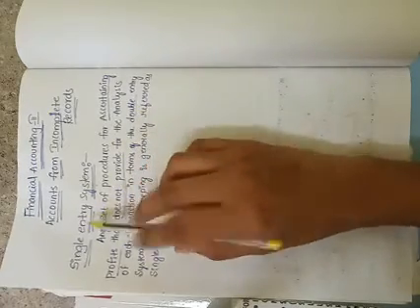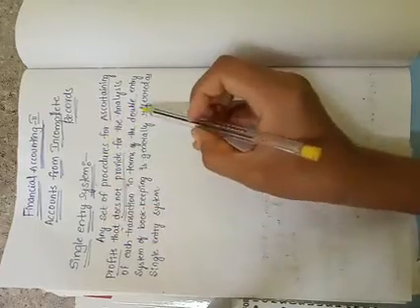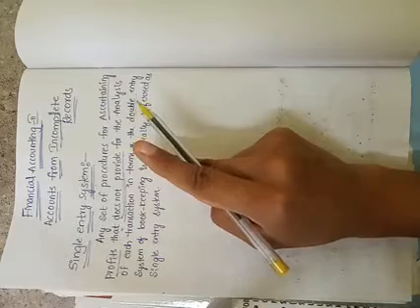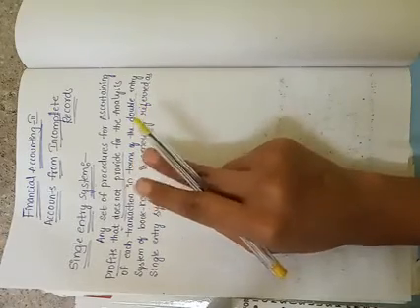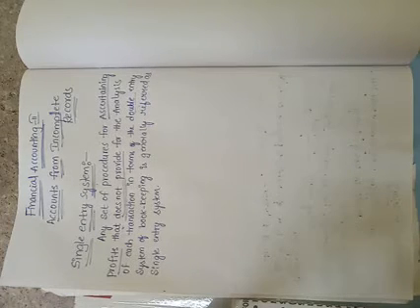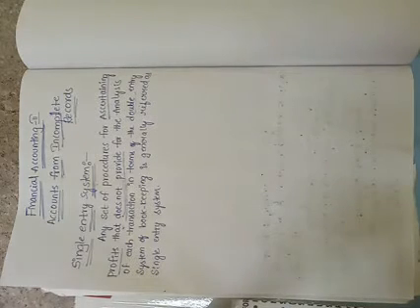Means there is only single entry, only one entry, but in double entry system there will be two entries. One is debit and the second one is credit. What is the rule of double entry system? There must be a debit corresponding to a credit, but the single entry system does not provide for that. So generally it is termed as a single entry system.